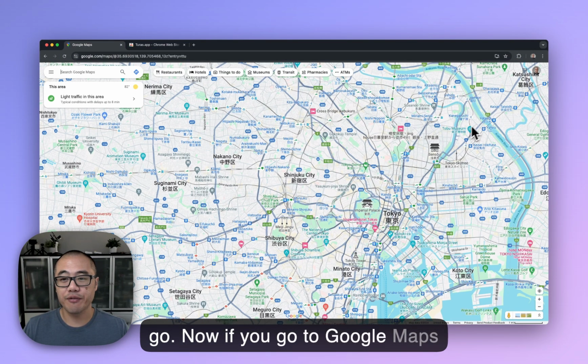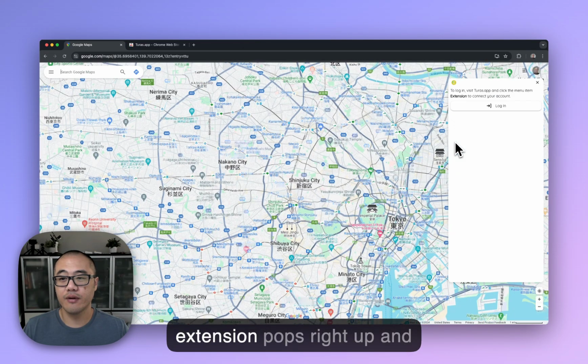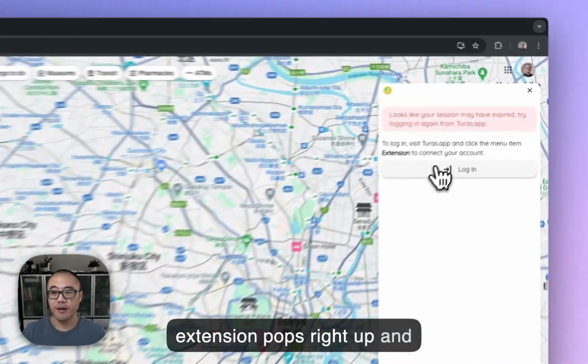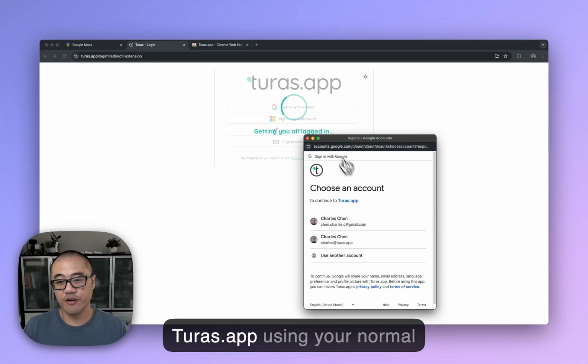Now if you go to Google Maps and reload your map, the extension pops right up and prompts you to log in. You log into Turas.app using your normal account,